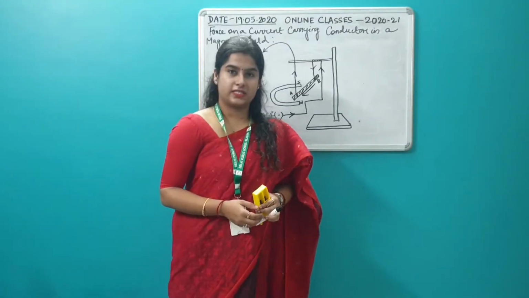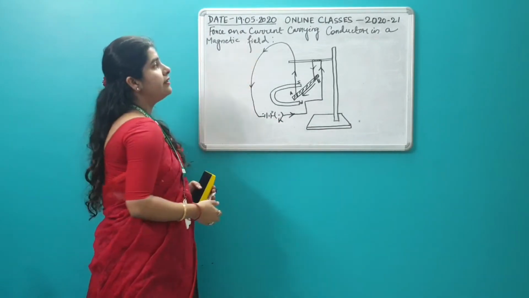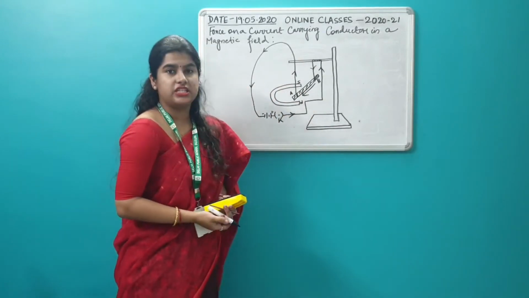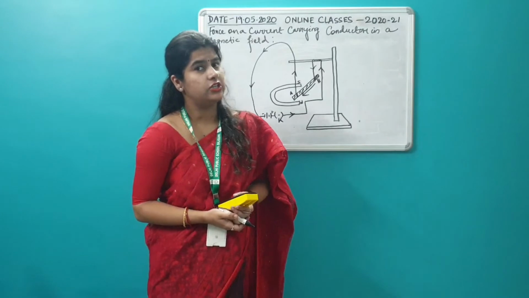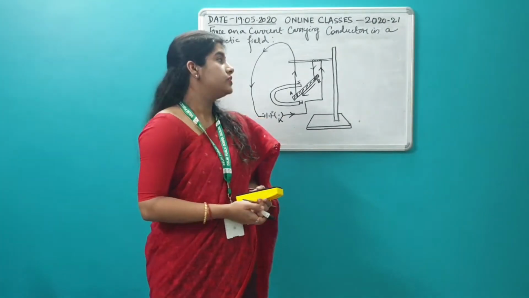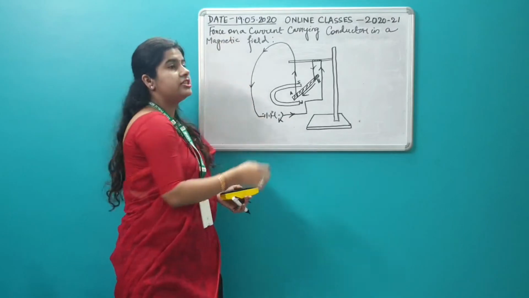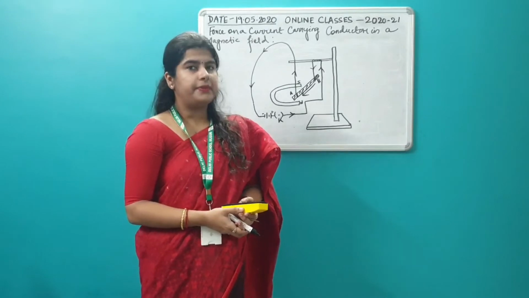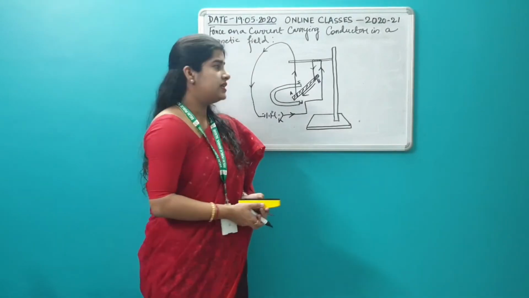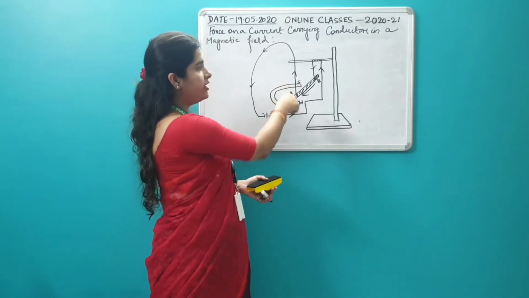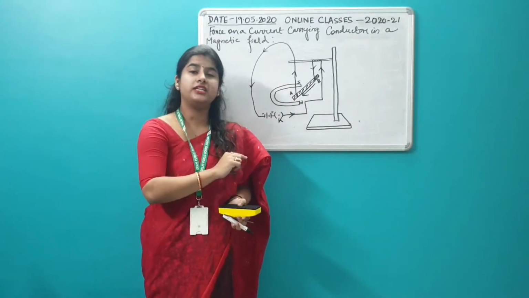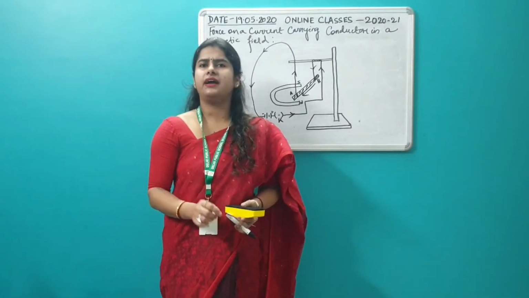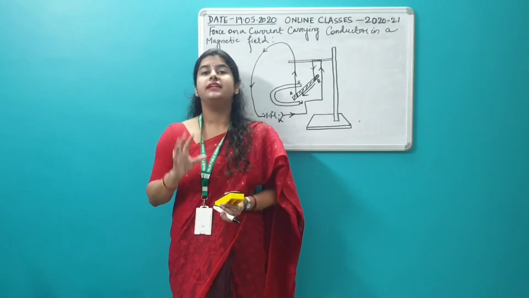Moving on with the next topic of the chapter, force on a current carrying conductor in a magnetic field. All of you can see this activity. You will find this activity given in your NCERT book also. Now in this activity we are going to study a new thing, that is the force. There was a scientist, Andre Ampere. He suggested that if you keep a magnet somewhere in the vicinity of a conductor, this magnet should also exert some kind of equal and opposite force on the conductor, and the conductor also should show some kind of displacement.